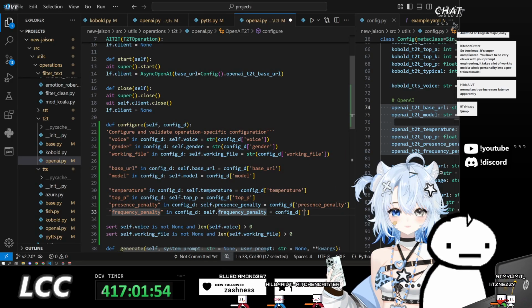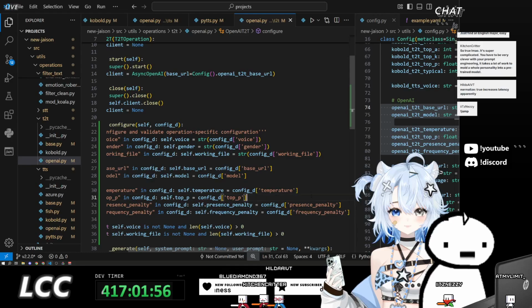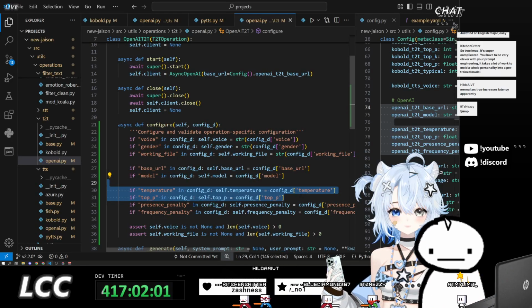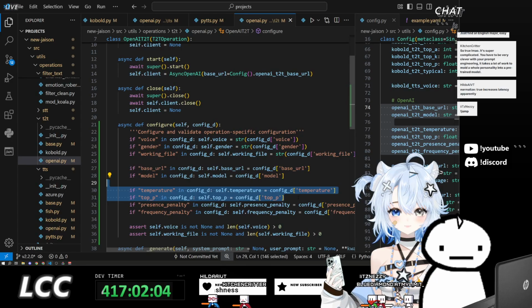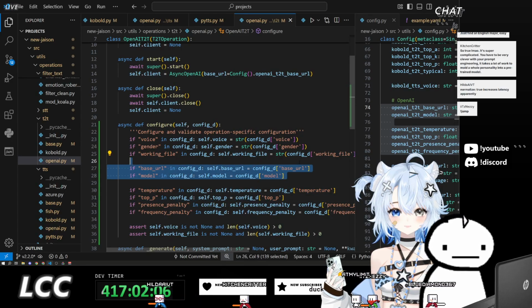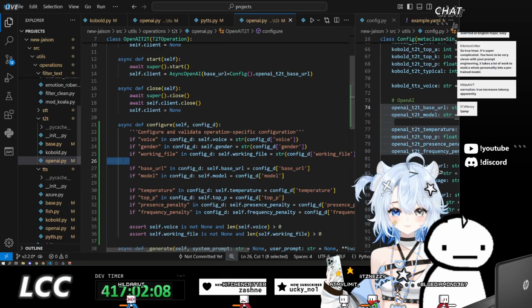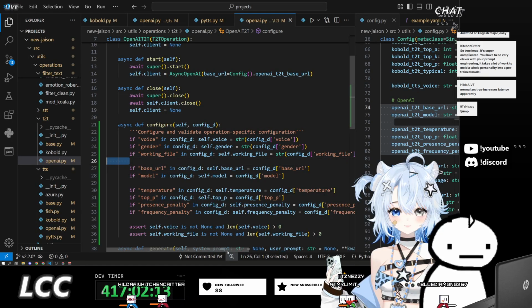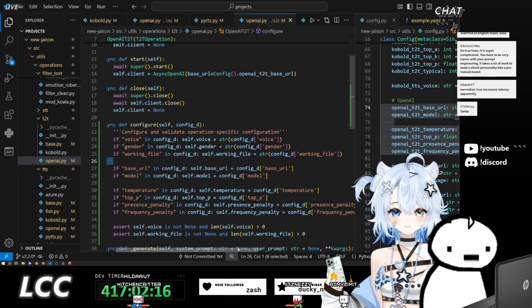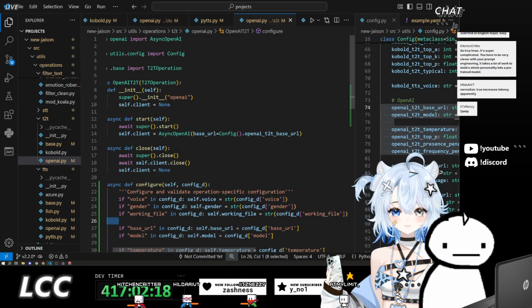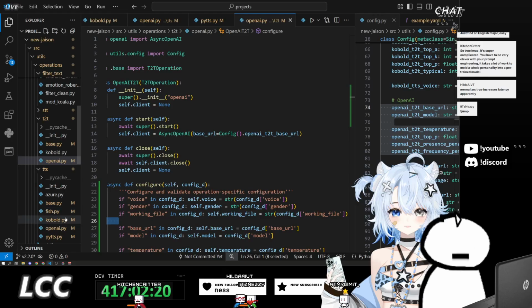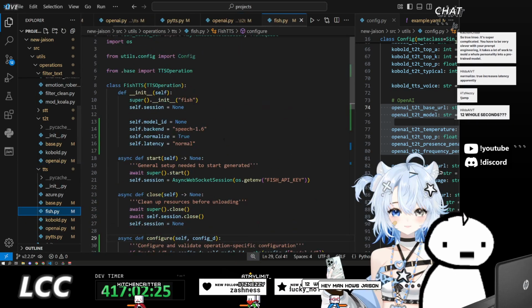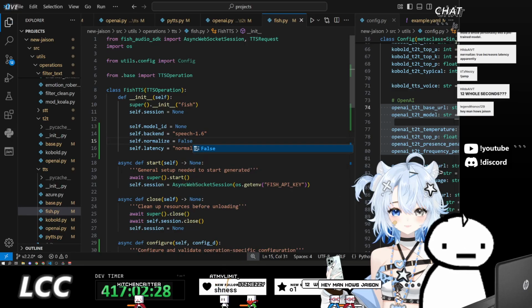Because Fish API already takes like, I don't know, 6 to 12 seconds. 6 to 12 seconds? No, 6 seconds was OpenAI. I feel like Fish already takes like 12 seconds to start generating any sort of prompt, at least for a moderately sized response. So I feel like the extra latency added by normalize isn't that noticeable unless it's with a bunch of frequently requested smaller responses. I don't know. I'll change the default to false because that's what I have in the example.